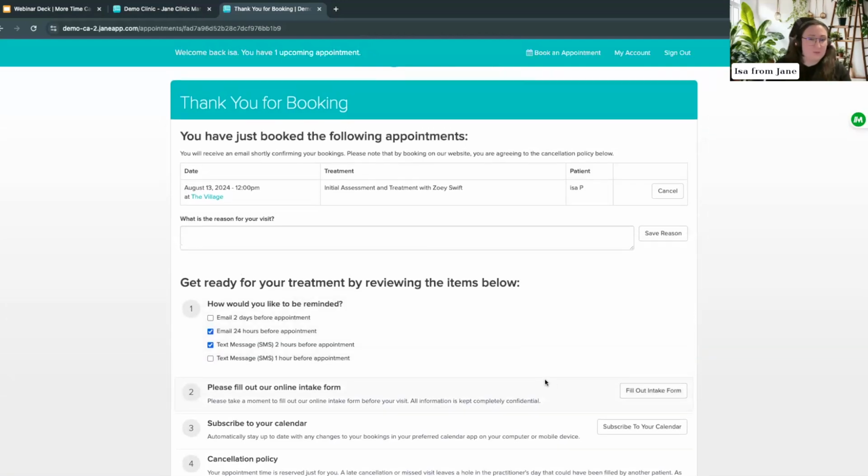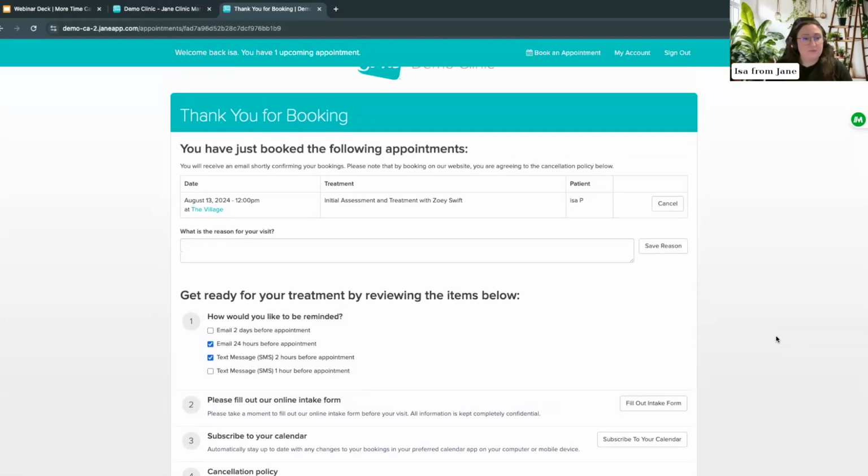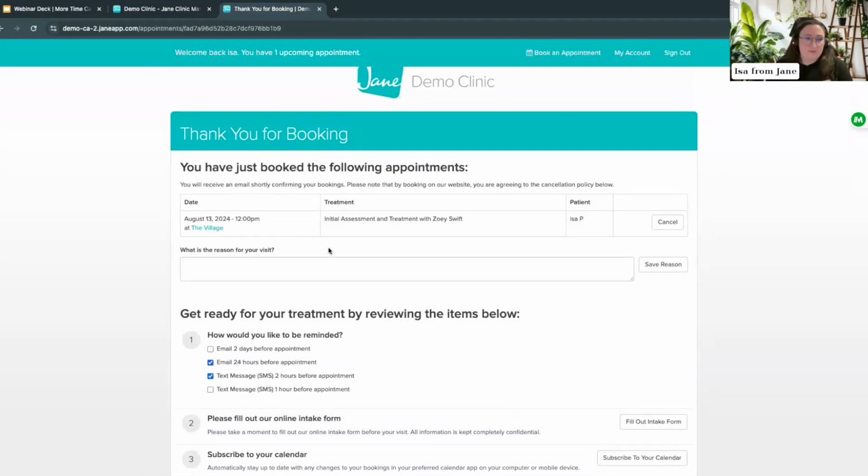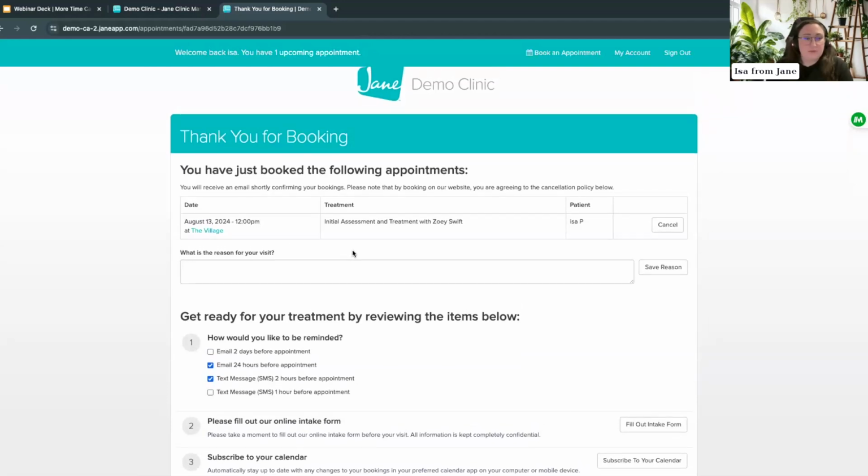We're going to get to that in a little bit. But we also want to pivot back to that waitlist piece. So maybe this appointment is too far away from me right now. I actually want to get something sooner. I have two options. I can either go back to that booking page where we saw our waitlist button originally,